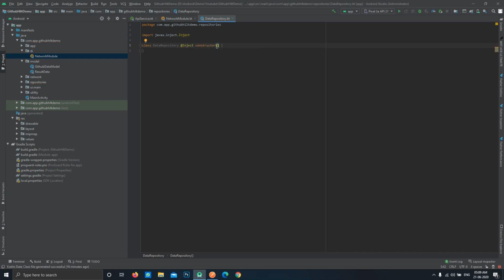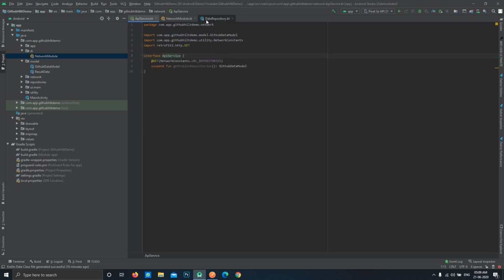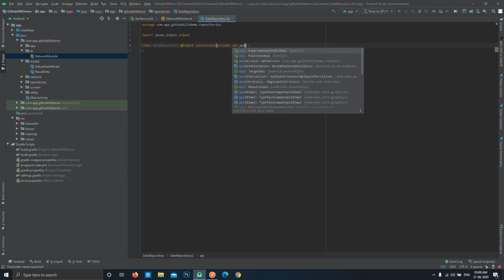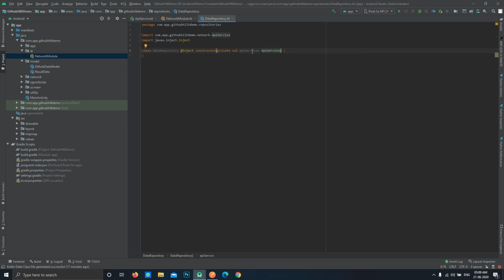So now this is our default constructor, and we will be using our instance of our API service in this constructor. So just type over here a private variable. We'll be using a private variable API service over here like this, and this is all the magic. So now we don't need to define from where this instance is to be taken, or from where our repository class should request this instance. We don't need to specify that in any way.